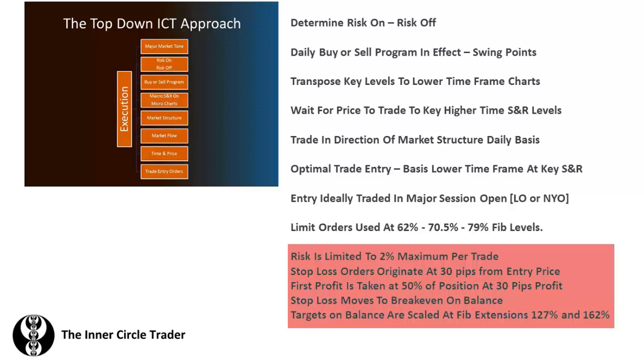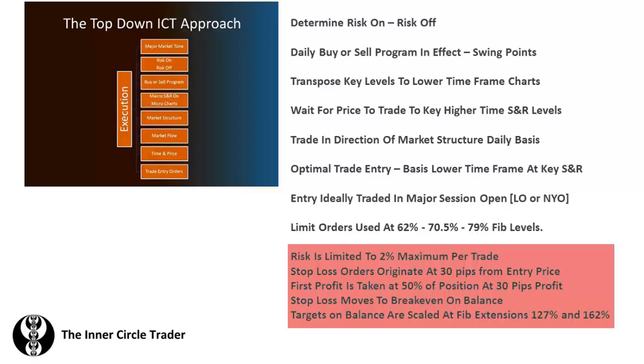The remaining balance of the trade, you would look for targets based on Fibonacci extensions, 127 extension and 162 extension. Or I don't have it listed here, but you can have the 200 extension as well. Now you have 50% of your remaining position. There's a couple ways you can handle that. If you are uncomfortable and you're still learning, my advice would be to take 30% off when it gets to 127 extension, and then take 10 more off at 162, and maybe even another final 10% off at the 200 extension.